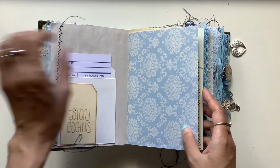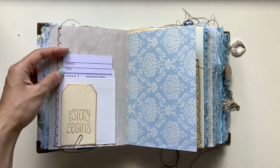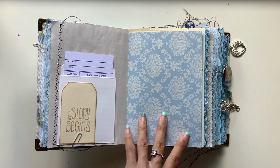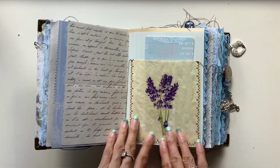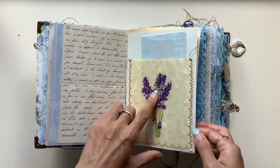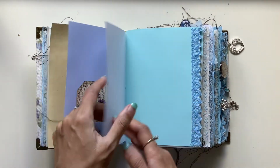This one also has a library card, so they have different things in them to make them special that the other doesn't have. So this one has a library card, so you can write your details there. And this one has some beautiful pattern papers throughout that the other one didn't have. A beautiful antique letter. And this one has a beautiful pocket, not coffee dyed. There's some extra journaling space there. Decorated with a beautiful sticker, some piano paper, pocket pages, all the same types of things as well here,